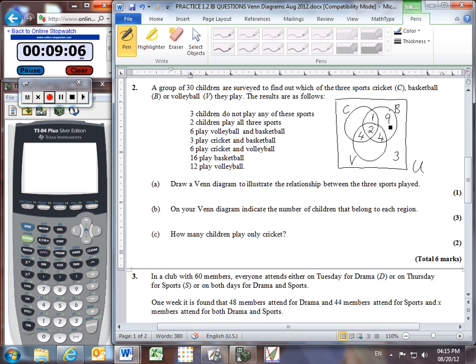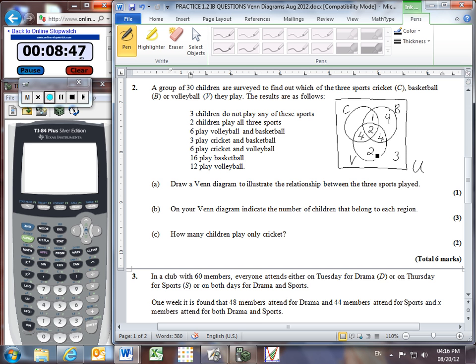And 12 play volleyball. In the volleyball circle, we've already used 4 plus 2 plus 4. That's 8... that's 10 so far. In order to get up to 12, there must be another 2 here. So,